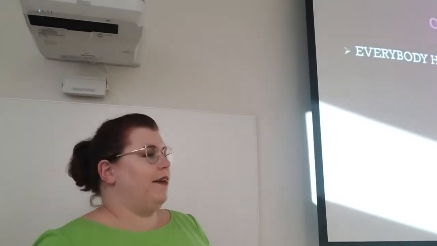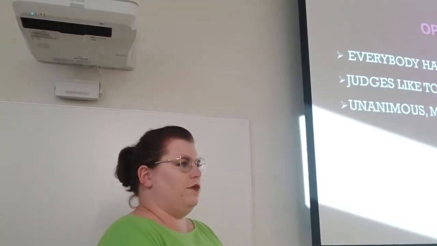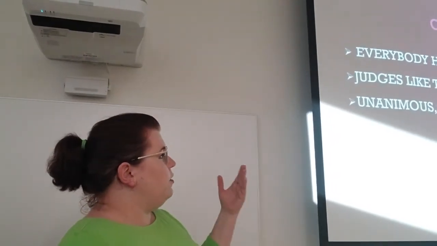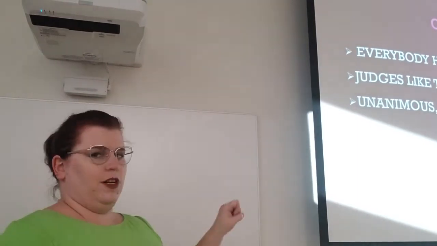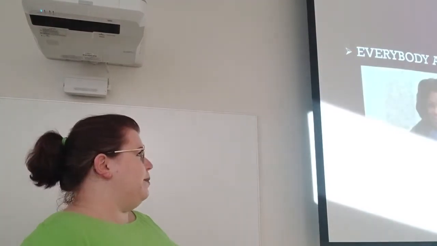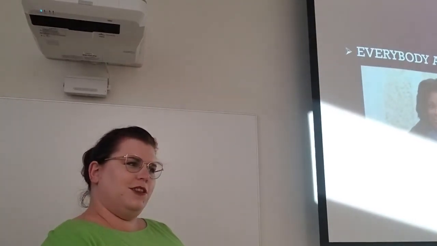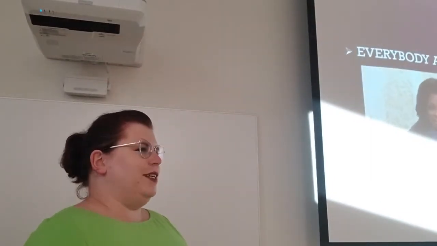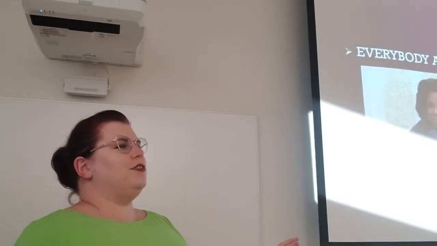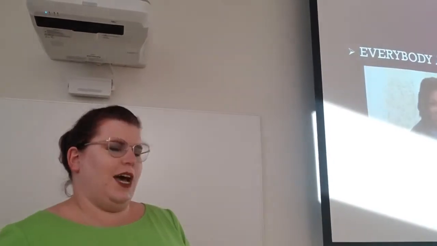All right, so now we're going to move on to the opinions of the court. Everyone has them. Judges like to give them. So some of the opinions you need to know, if you're reading briefs or anything like that, are unanimous opinions, majority, plurality, concurrence, and dissent. And we're going to go over those right now. So, unanimous opinion. Everyone agrees. Hopefully I don't need to go into that any further. This is the, you hit a unanimous opinion and you're like, yes! I don't need to research further. I don't need to worry someone's arguing against it. Everyone agrees. It's not really going to happen.